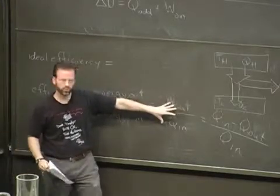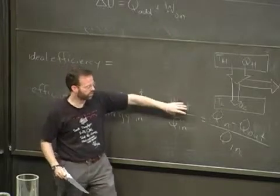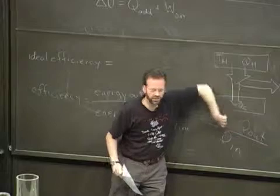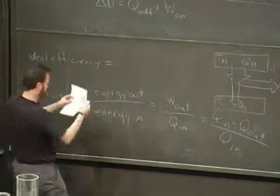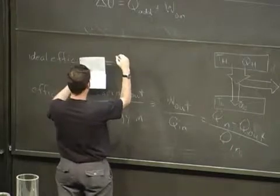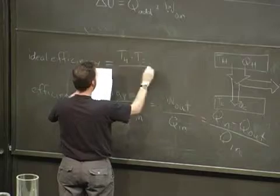This is what we're looking at when we're looking at a heat engine. You want it to do work, you put heat in. How do you figure out that work? Well, it's the difference of the heat and where it moves. Bottom line is what the equation is in your book. This. I wrote it. There it is. Ideally,